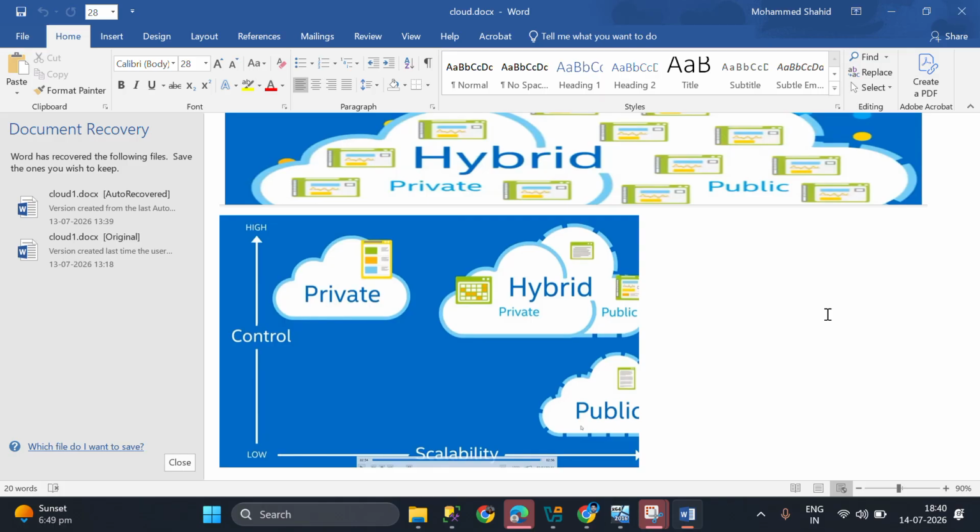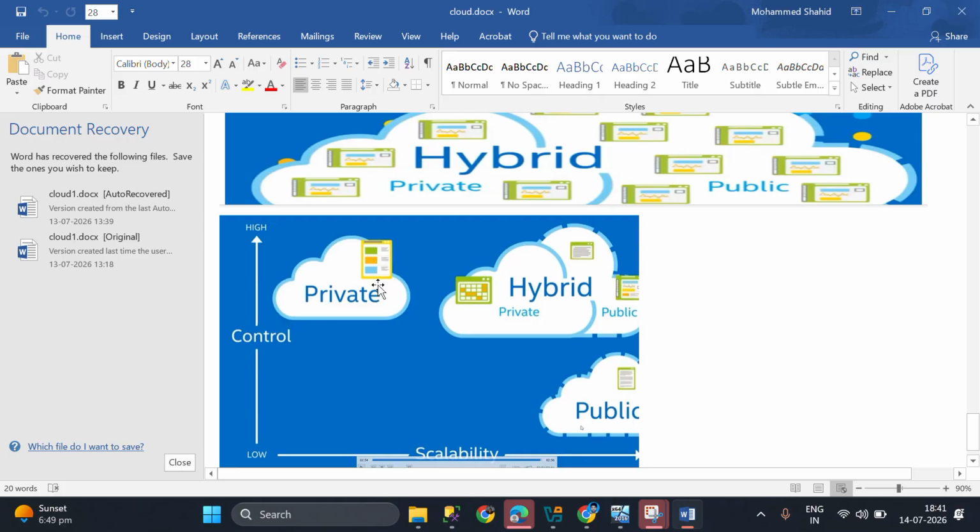And coming to hybrid cloud, a client who has a private cloud can convert whenever the business is more, for example during Amazon Great Indian Festival and Flipkart Big Billion Days. At that time they can opt for a public cloud and maintain the servers there as well. Whenever the spikes are less, they can convert back to private cloud.